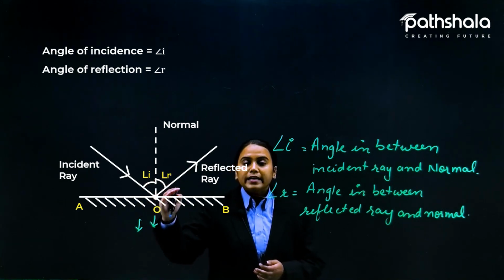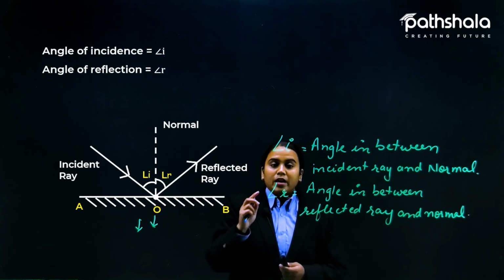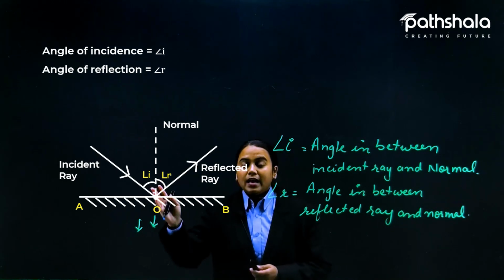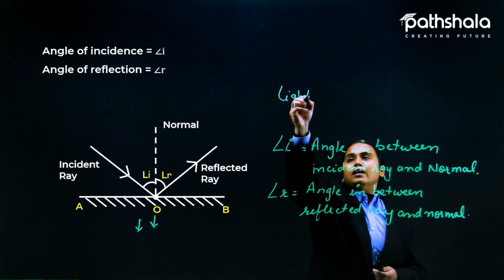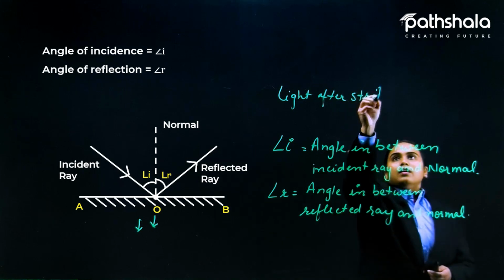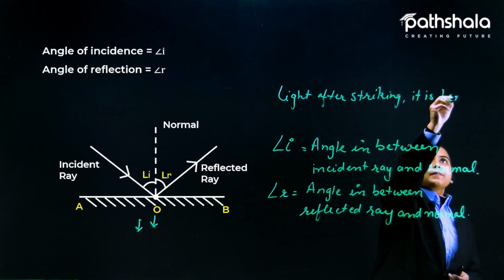From here it is bending back and getting into the same medium. Reflection is that part in which the light, after striking, bends itself back